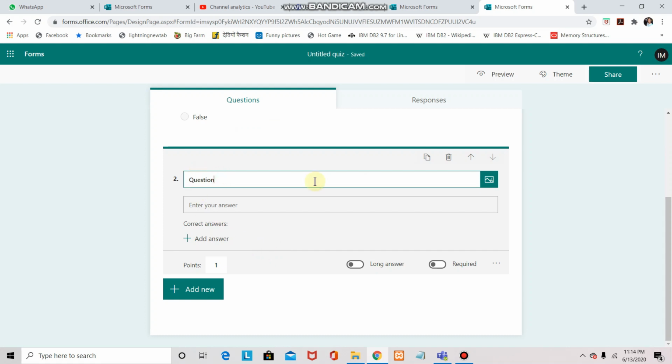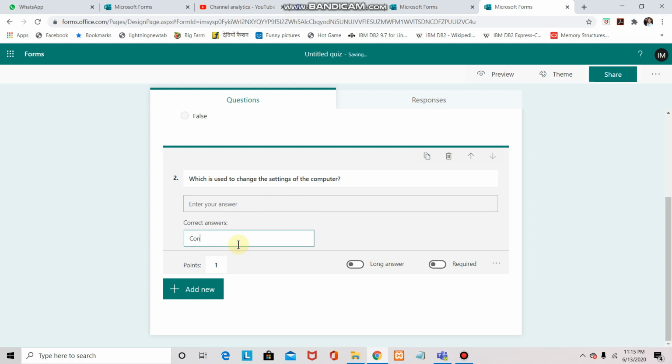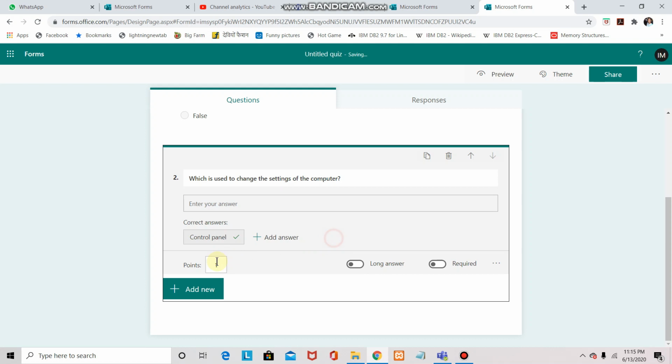In the add new option, I have selected text. Here for example, if it is a one word question or a fill in the blanks type of question, you can make use of the text type of question, wherein you can just give the question in the question part. And now I am going to click add answer in order to make the correct answer known by the form. This is a correct answer. I have made it, and I am giving the marks for that. And the second question is also over.